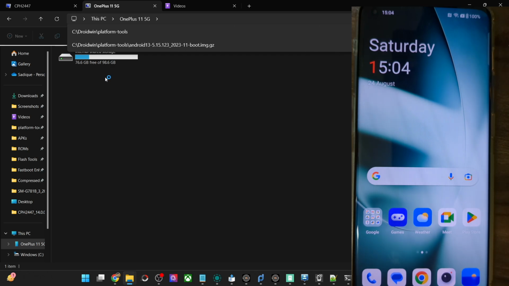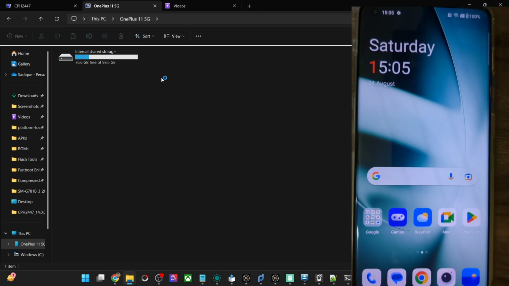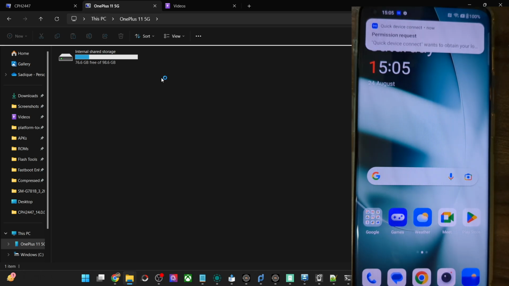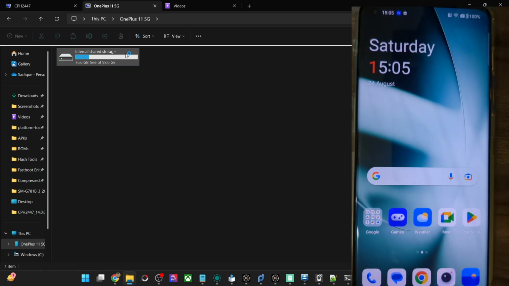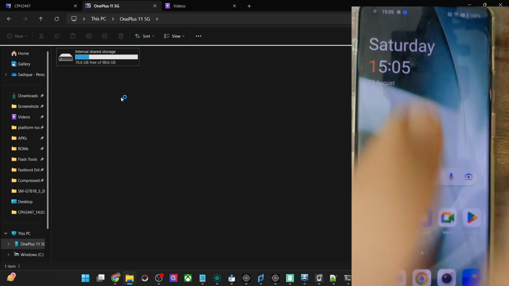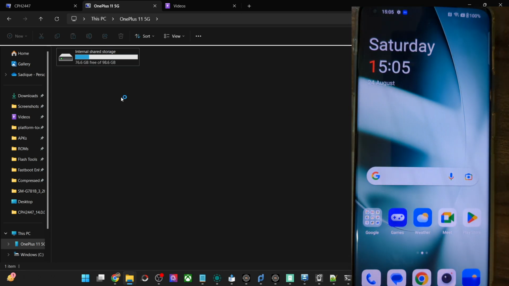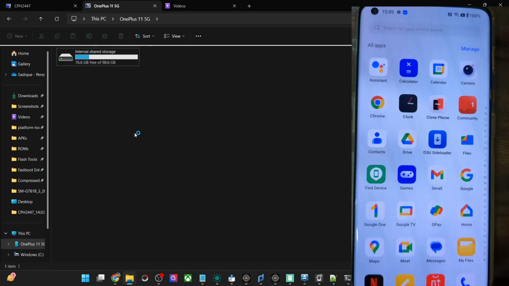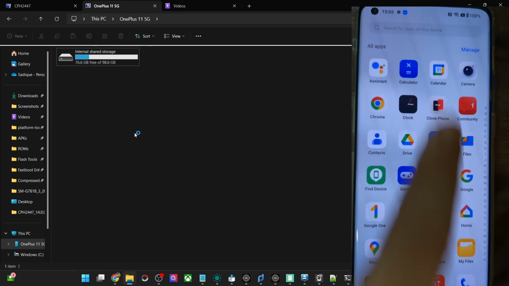So my phone size was 128 GB storage, out of which we have already given around 15 to 20 GB to the GSI ROM, and the remaining size is shown here, as you could see. So it will only show the size of the OS. The rest of the storage size has been taken by the GSI ROM. So until and unless you remove the GSI, it will show the size of the storage OS. With that said, you could see that we have all the files here which are not there.